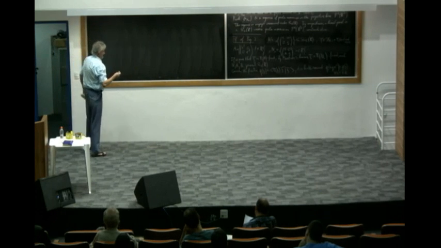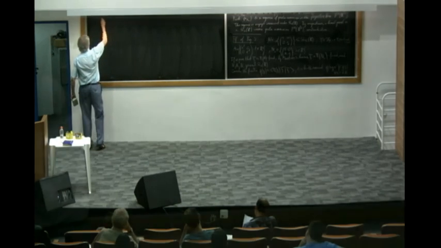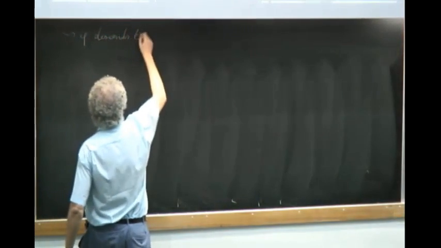So using the fact that this function phi is right n invariant, we have that phi descends to a function